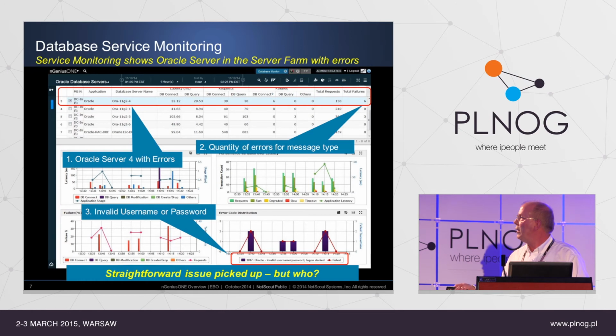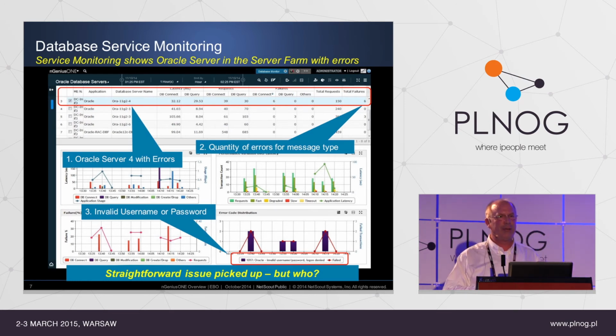So you can see here we got everything in relation to latency or performance, the volume of the number of requests going to the Oracle database or the Oracle services, and the number of failures. This is a spreadsheet form, so you can start sorting based on what you're investigating as potentially the problem. And then on the very bottom, there's a way to look at the relationships between performance and latency,